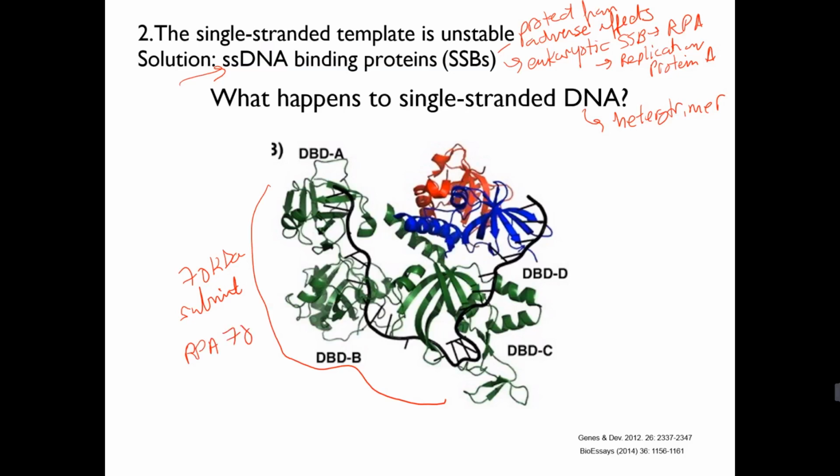The blue one is RPA32, and this little red one is RPA14. What's interesting about this from a structural perspective is that the subunits function as a complex to bind single-stranded DNA. So the thing that's depicted in black here, running along, so